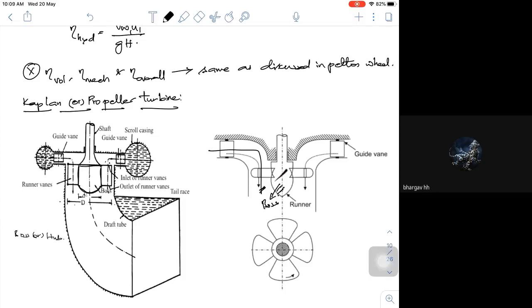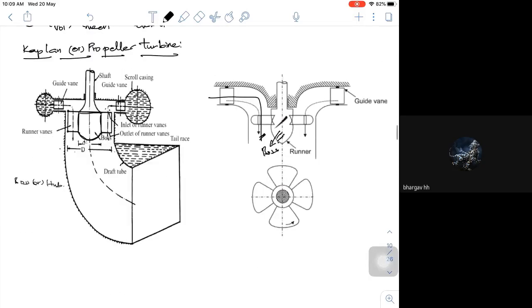And if you look from the top, your blades will look something like this. This is how your blades look. And I can give a little bit of twist to these blades. Even the blades are not fixed actually. There are situations where the blades are given some kind of twist, maybe 4 degrees, 2 degrees, 3 degrees, some kind of movement to control the amount of power produced, depending upon the loading conditions. The guide vanes are also moved, and your runner blades are also moved. So we use both ways to control this.